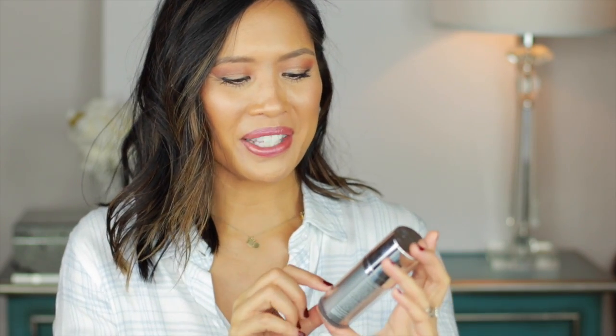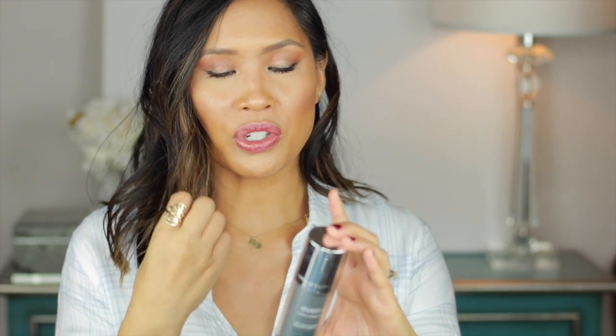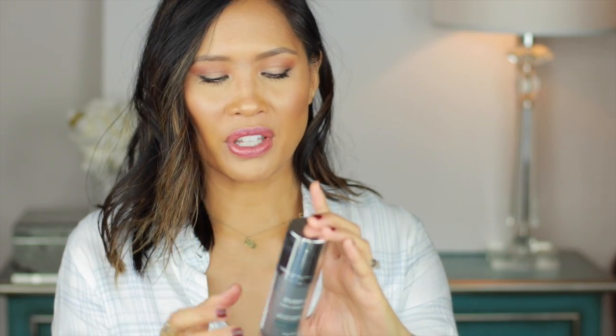Okay, we've got an Even Up Clinical Pigment Perfector by Color Science. It is my first step after skincare before I do my makeup. It's got sunscreen in it. It's the sunscreen that I use. It's got SPF 50, and it says it does 3 things: brightens, corrects, and protects. So it works on your skin to combat underlying causes of that discoloration, and then it's got an ingredient called